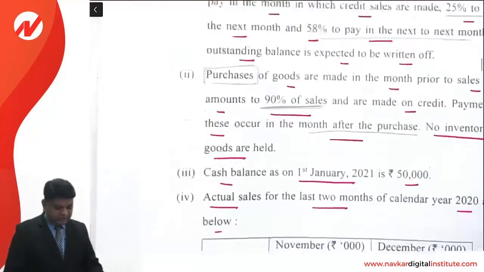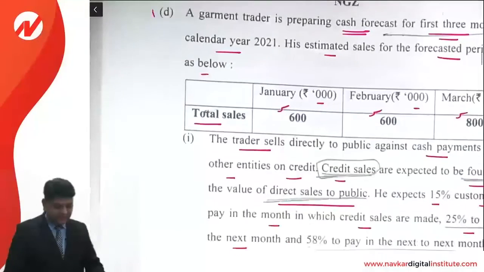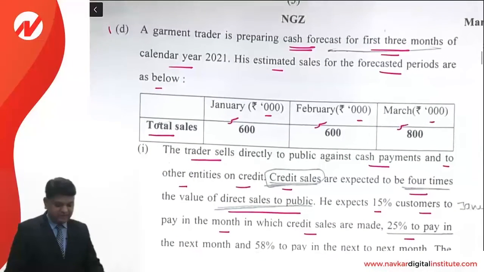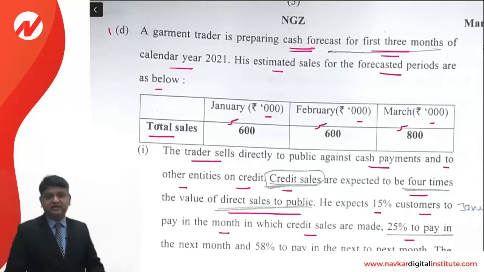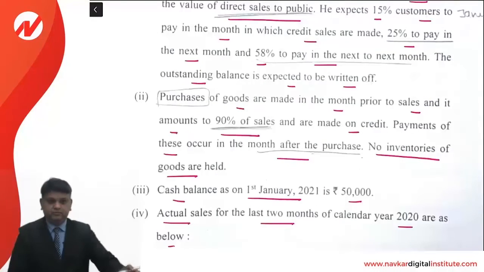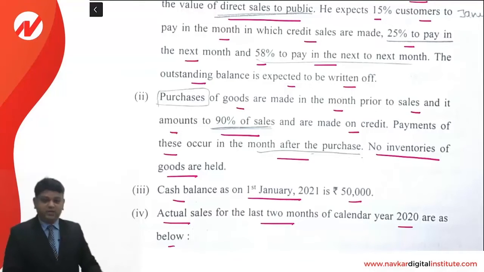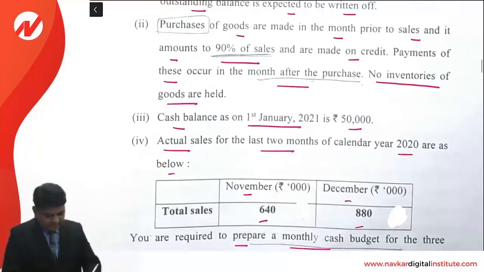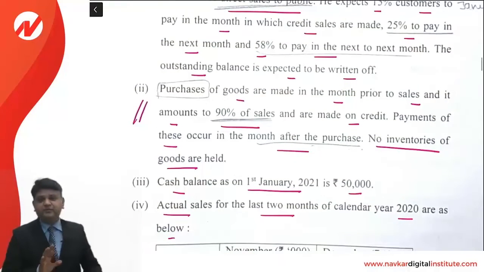So we are required to prepare the cash budget only for 3 months, say starting from January to March. Let us understand how to make the calculation of the answer. Friends, over here, first of all, we will be preparing a working note for calculation of the purchase and payment for purchases. That is the first working note that we will prepare.